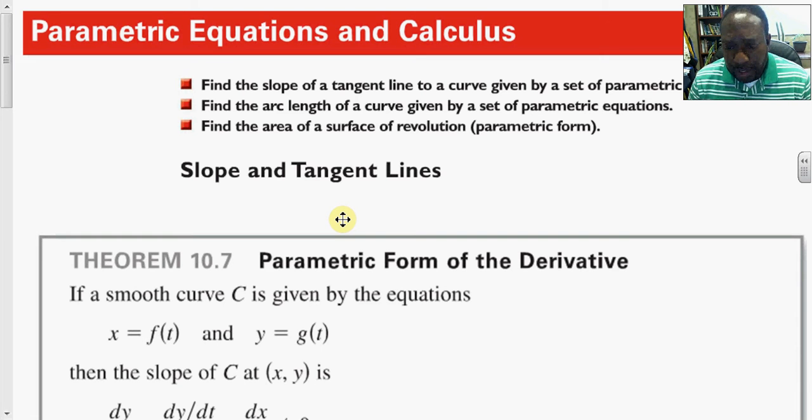Parametric equations and calculus. Well, very straight and direct, I think, in this section. We're given parametric equations, some function f, some function g in terms of t, that is x equal to f of t and y equal to g of t, are said to be our parametric equations. We want to be able to calculate the first derivative, the second derivative, and then also the arc length of